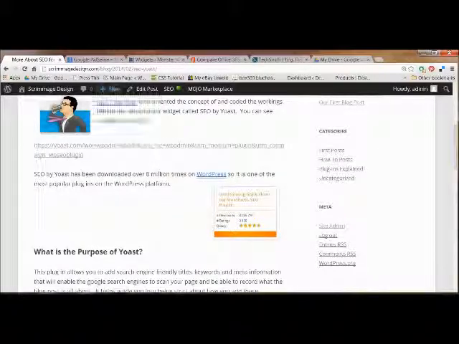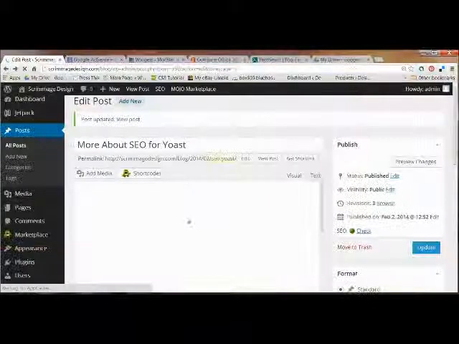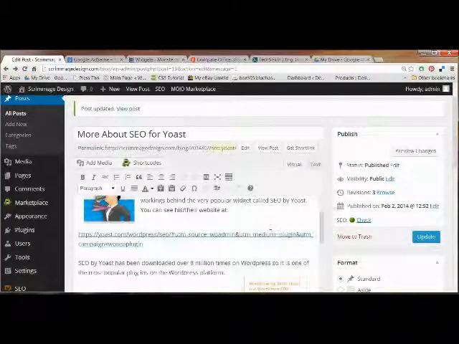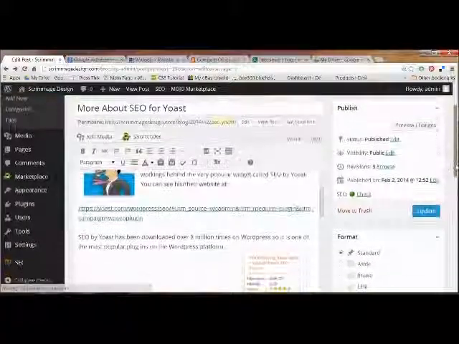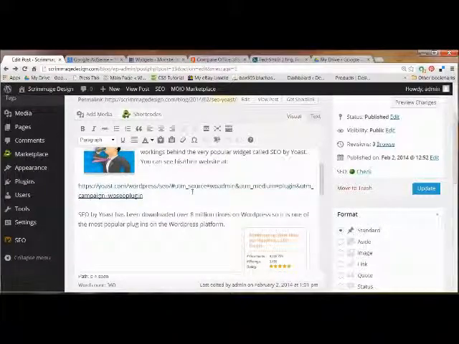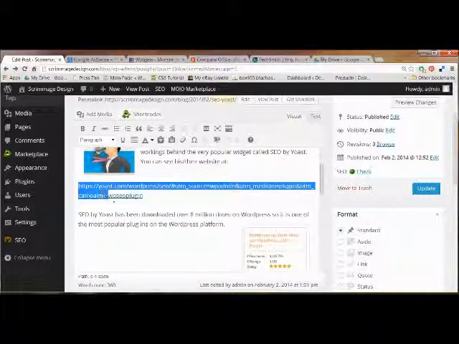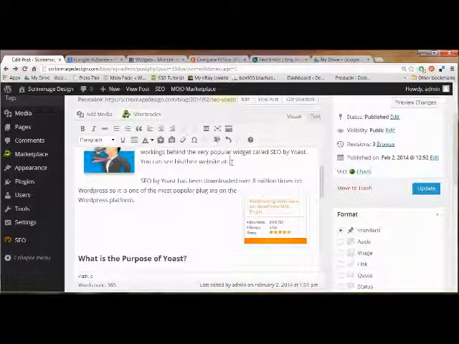Okay, so let's go back to the dashboard, and we're going to enter in and do a few changes here. So the first thing we're going to do is we're going to take this big long link that we had posted here, and we're going to change the look of this. So I'm going to highlight this and click Control X to cut it out, and then I'm going to change this to, you can see his or their website at here. Okay, and